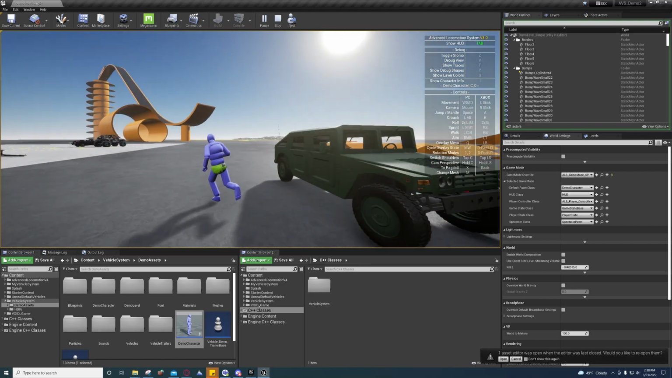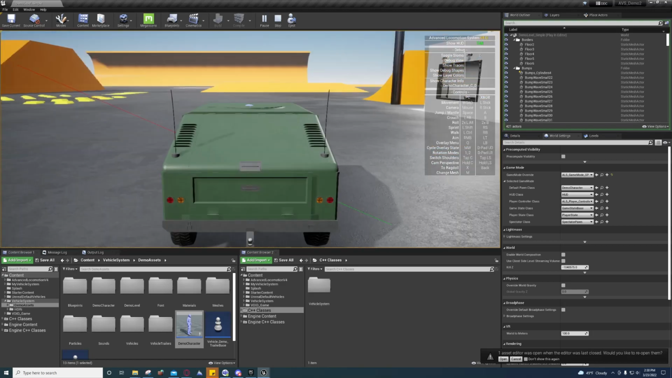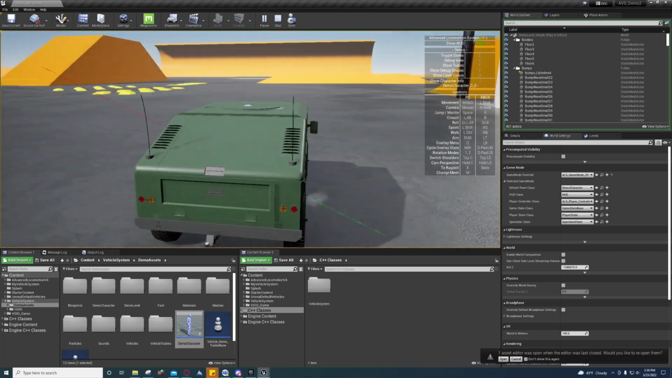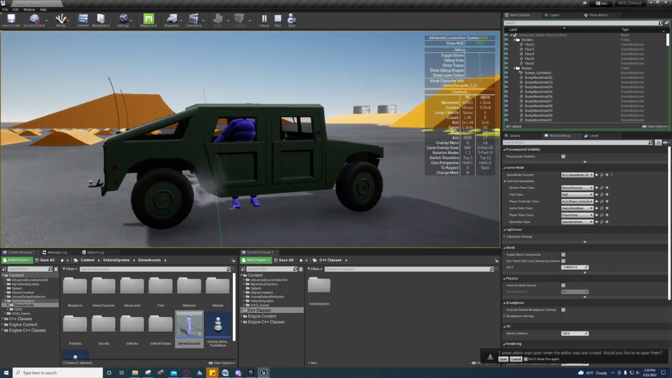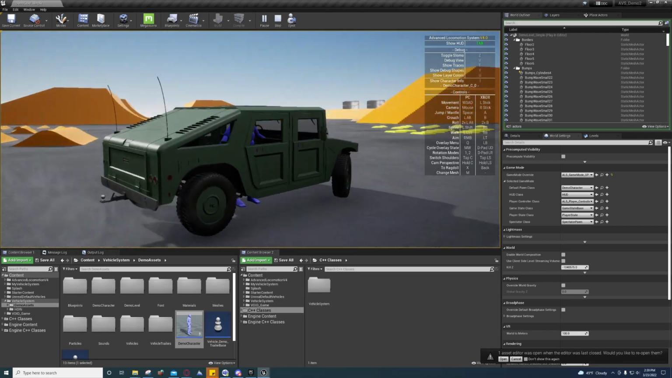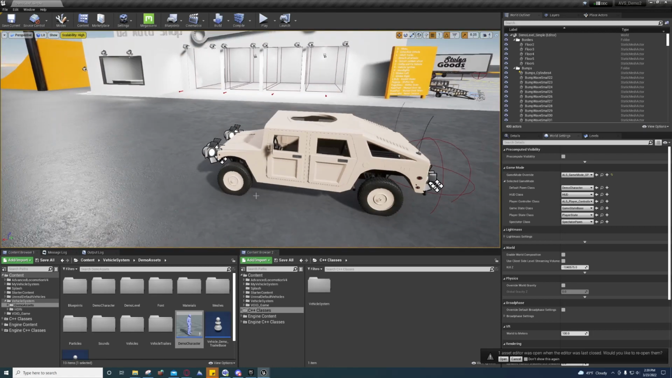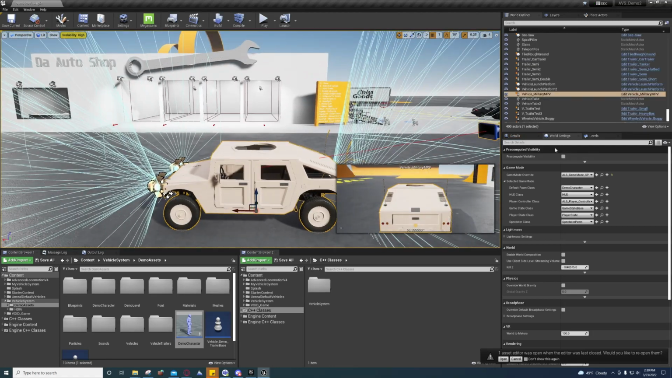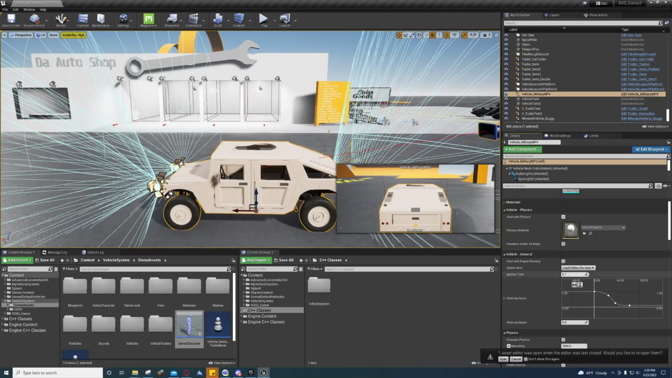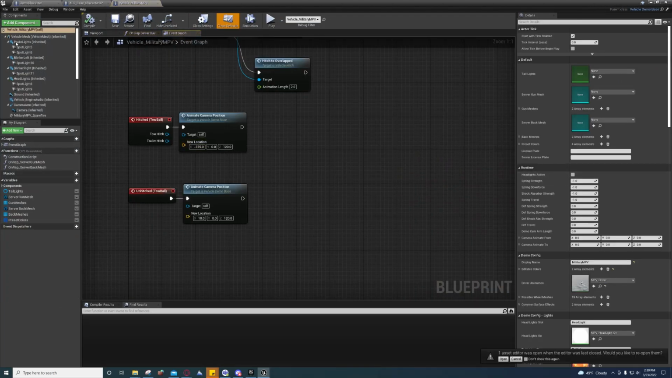It does seem like our field of view is messed up, but we can get in the vehicle. Now you see the character is kind of acting funny, so that's okay. The reason why is because if we select this vehicle and we go edit blueprint, open blueprint, and without touching